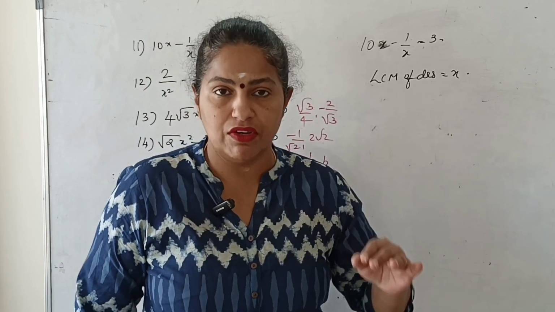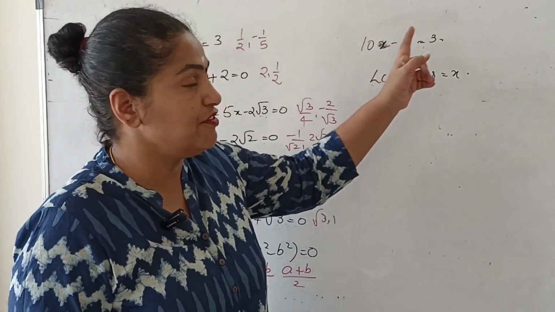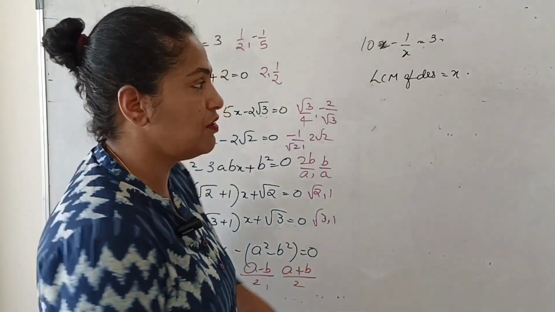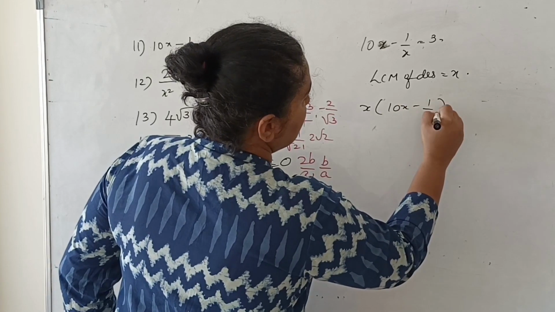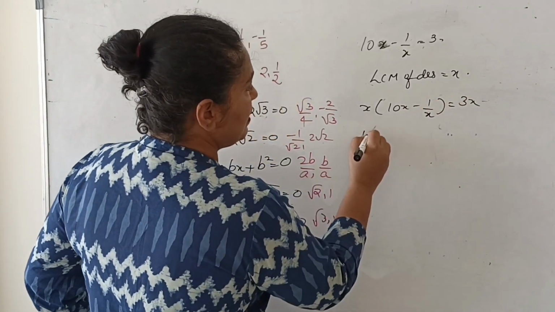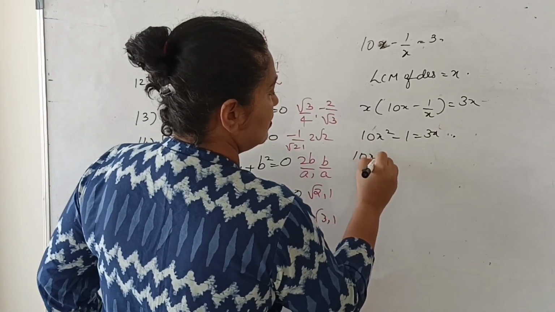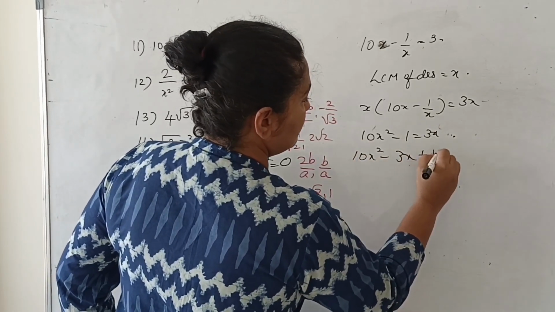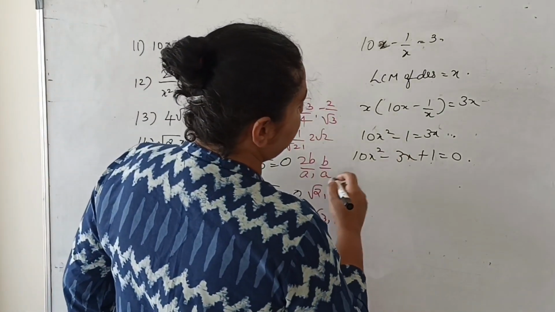So I told you, whenever you have a denominator, take the LCM of all the denominators in LHS and RHS and multiply across. So you will get, open the bracket, now you have a proper quadratic equation and